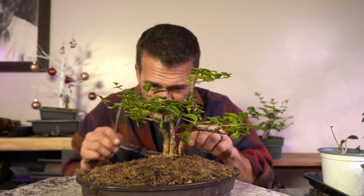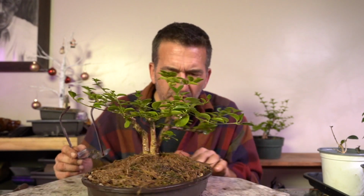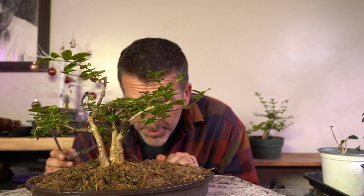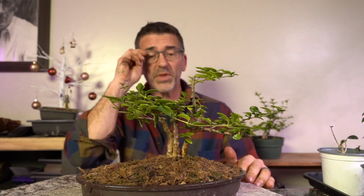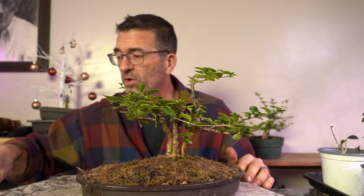So there's the view from the back, or that could be the front someday. I chose that as the front right now, so I have to decide if I really want that to be the front. Or was that the front? Maybe that was the front. No, I think this was the front. But we're just trying to keep this alive, so we'll worry about the front later,